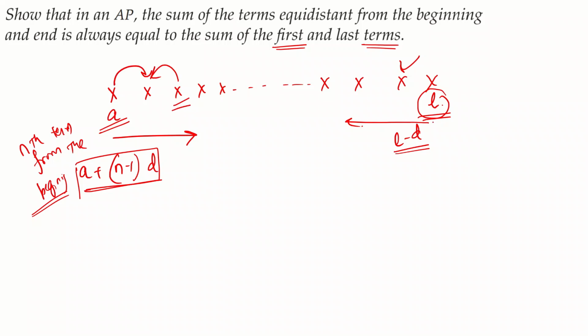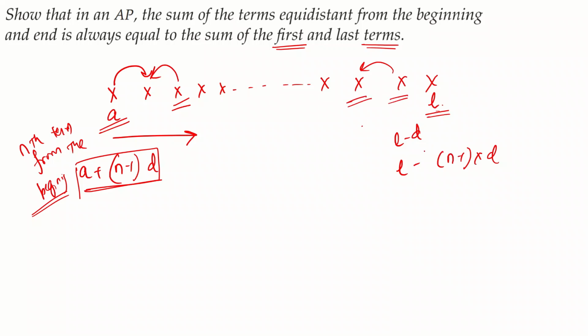So this is what I'm doing over here. If I'm given L to be my last term, then the term before this will be L minus d, and the term before this will be L minus 2d, and approaching in the same way I'll get the nth term as L minus n minus 1 times d, because there is no d in the first term, 1d in the second term, 2d in the third term, so n minus 1 d in the nth term. This will be more clear if you have watched my previous video, as it's almost along the same lines. So this is my nth term from the end. Quickly write it down.